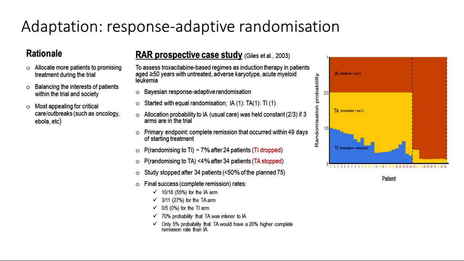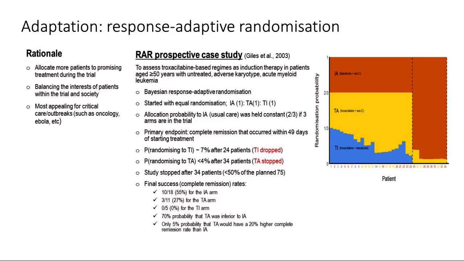So what they did is they started with one-to-one randomization. Then they looked at the data after every patient and tried to change the allocation probability depending on the results. But they kept the probability of the control arm fixed. Right, so what they did is